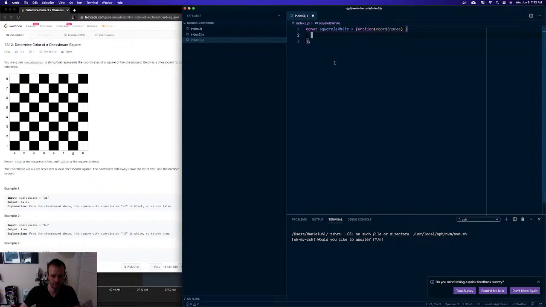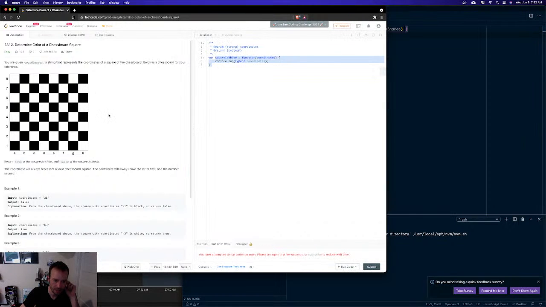Alright, so I think this is another algorithm one. If it's an odd row, it starts with black. If it's an even row, it starts with white. So if it's odd and if it's, I think I know. If we think of this as 1 through 8 as well, and if this one's odd and this one's odd, it's black. If either of them, if this one's odd, even, so if the row, okay,